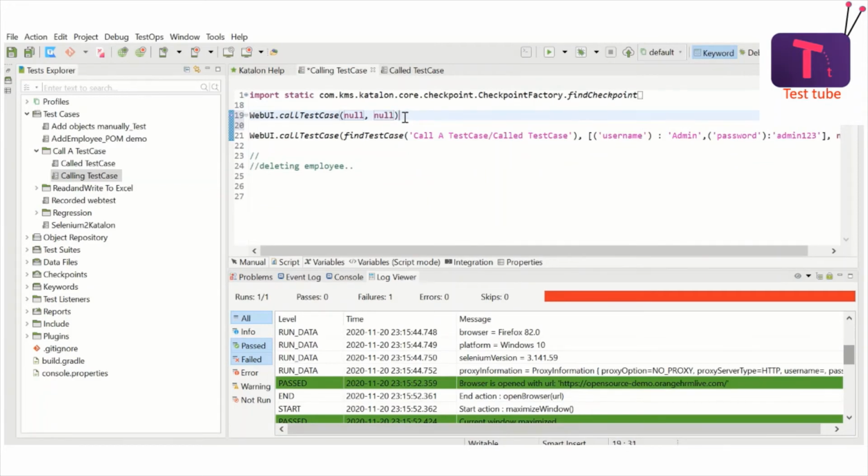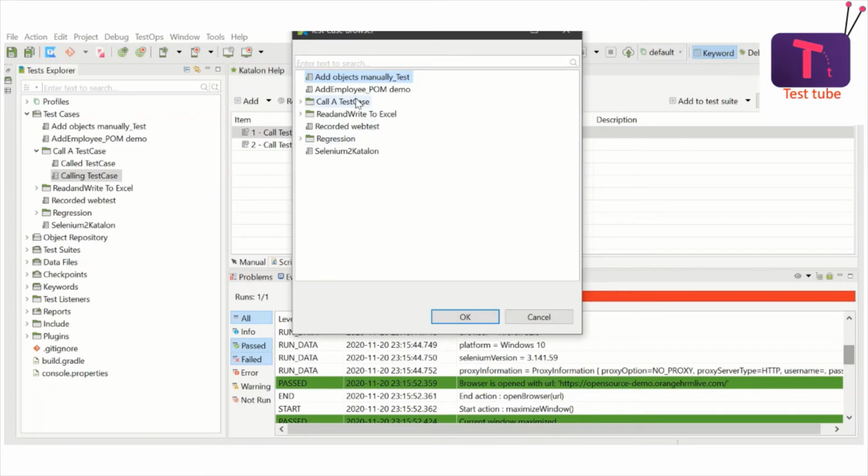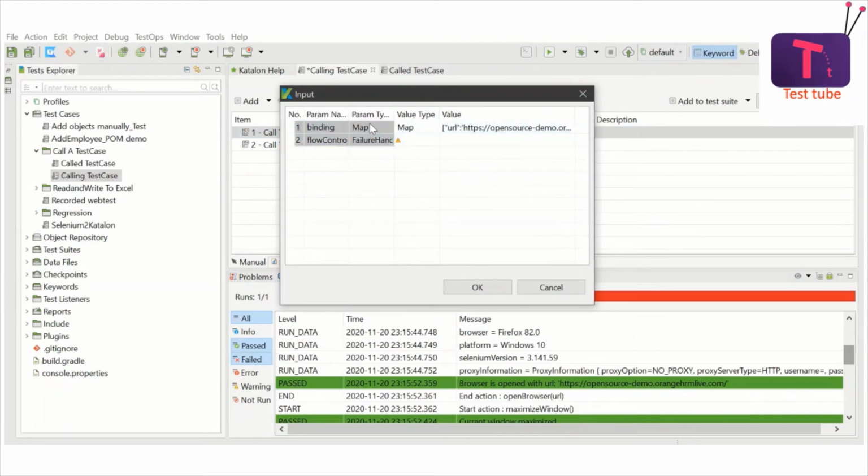So here you can enter like this, or else you can switch to manual mode, and here you can select the test case which you want to call. For example, you want to call this call test case, so select the test case. If you want to call this test case, you will select that test case, and inside the arguments you go there.